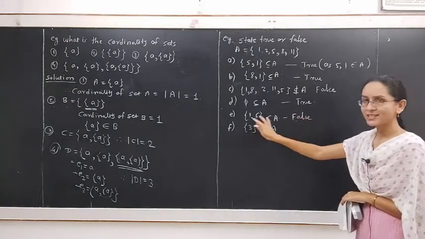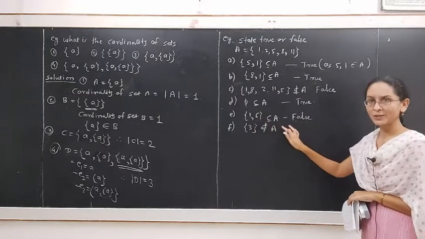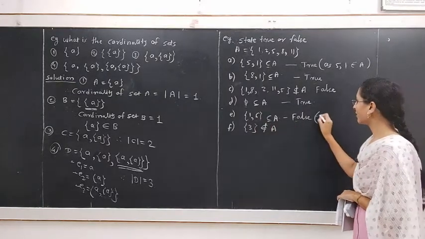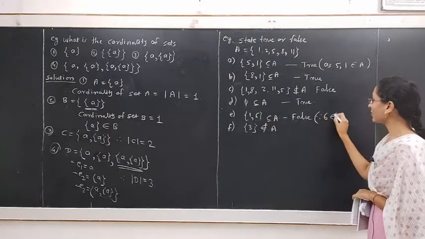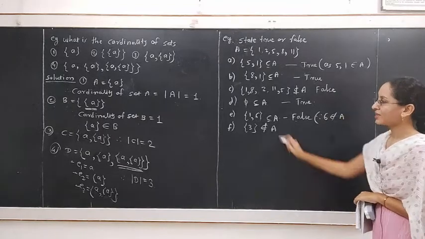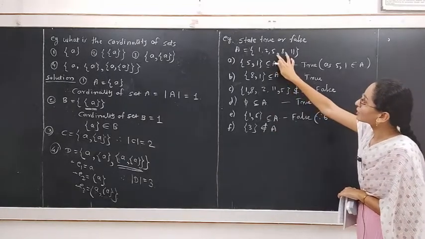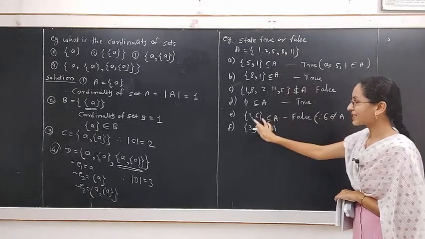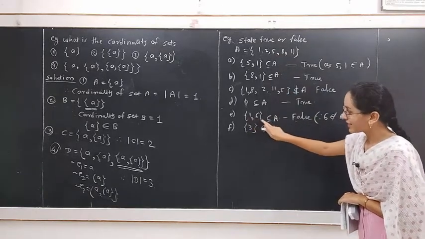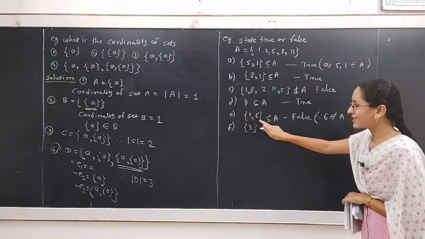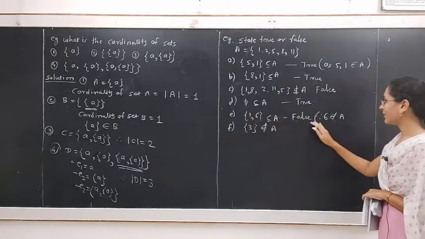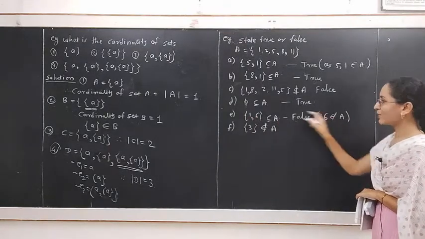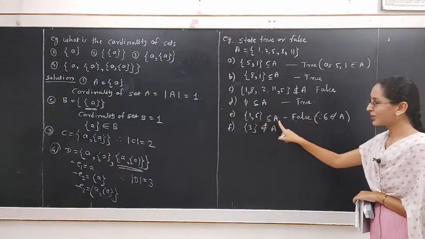It is given that this is a subset of A, but it is not a subset of A since 6 does not belong to set A. 6 is not present in set A, but it is given that the set containing 2 elements 1 and 6 is a subset of set A, which is false since 6 belongs to this set but 6 does not belong to set